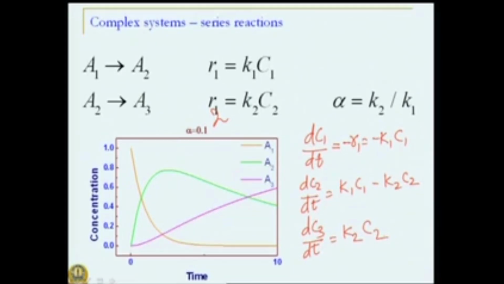Now, let us see how this reaction progresses in a batch reactor. To do that, we are going to say that we started this reaction with some quantity of A1 to begin with. So, what we are seeing here